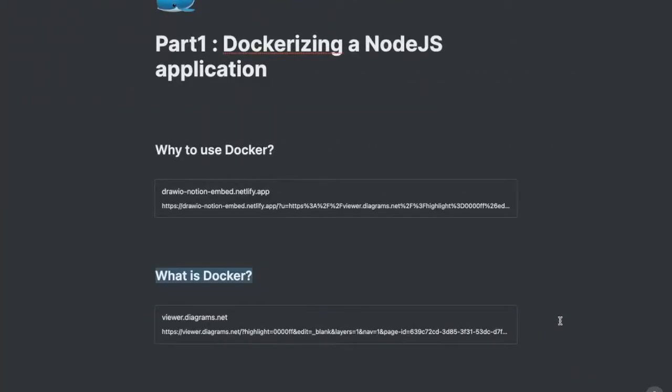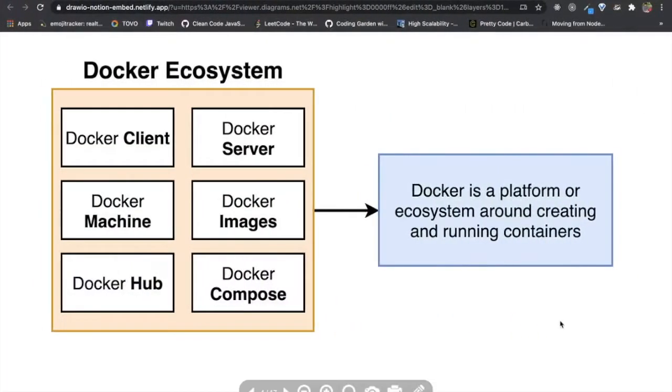So let's answer our next question, which is what is Docker. It is really tricky to answer this question, but whenever someone mentions in a blog post or article or wherever it might be that they have used Docker in their project, they are basically mentioning tools like Docker client, or tools like Docker server or Docker Hub. So these are all the projects, all the tools combined together which form the Docker ecosystem.